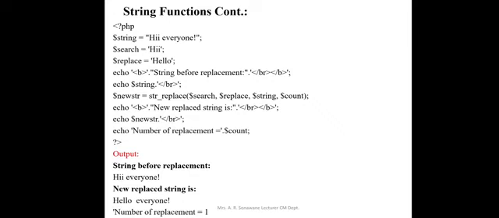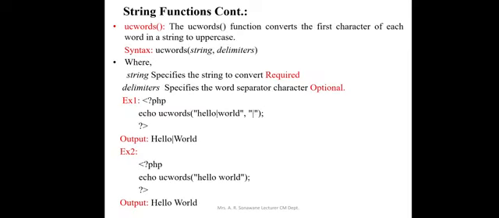So let's check how actually the function will be used. $new_str equals str_replace($search, $replace, $string, $count). Here the number of replacements is 1 only. Why? Because you are replacing only a single word, that is hi. Only a single occurrence of hi is available in your input string, and that single occurrence is replaced with hello. So the number of replacements is 1, and your resultant modified string will be hello everyone instead of hi everyone.